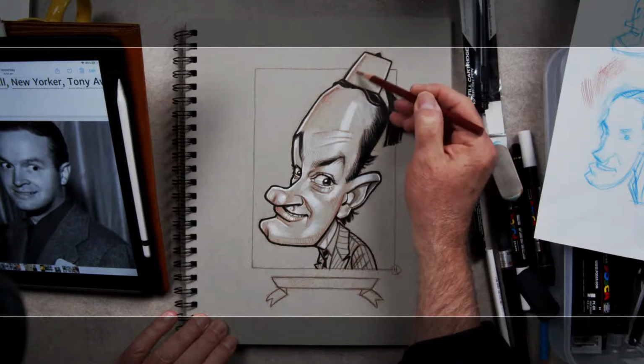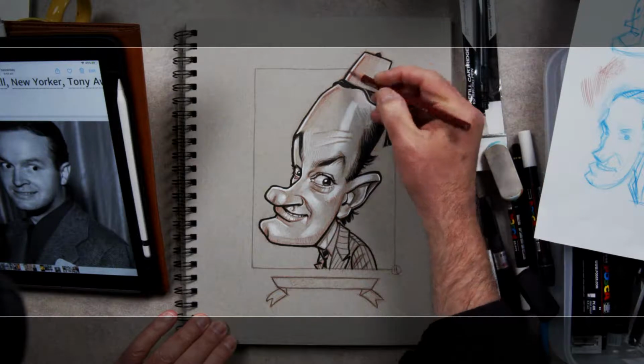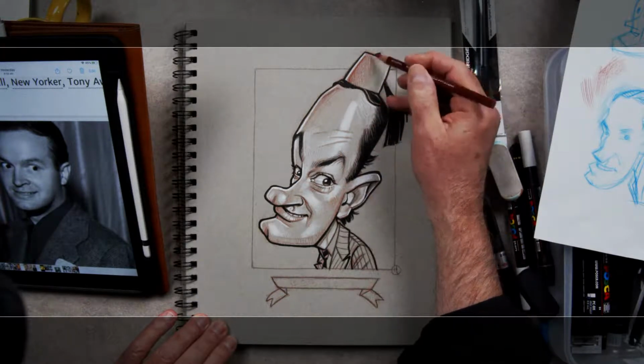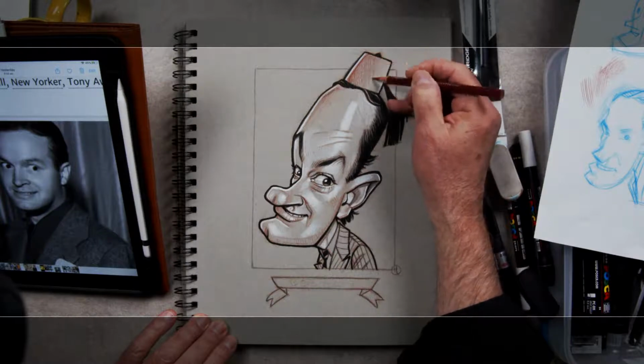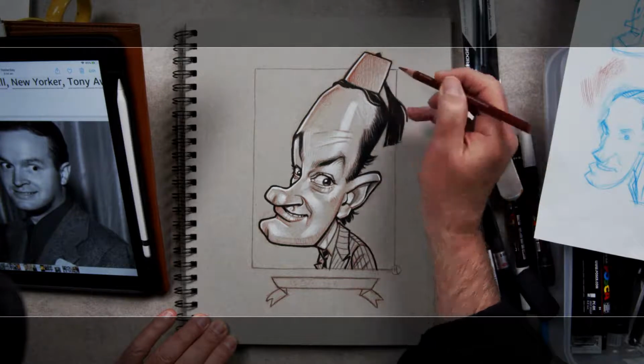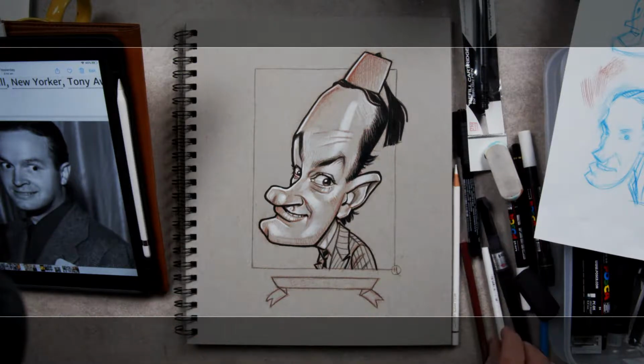The fez is red, so I'm going to put in a bit of a shadow over here next to the highlight, and then cross hatch my way into the grey paper. That'll do. That's just to give it a little bit of help.